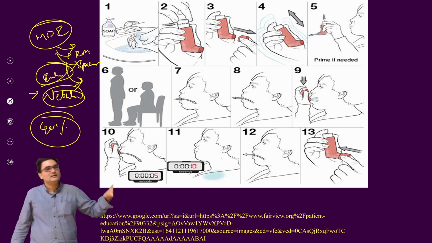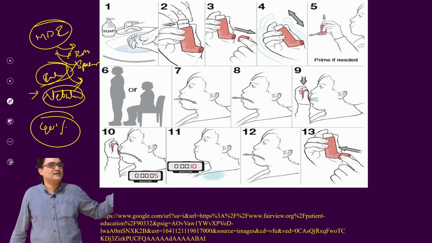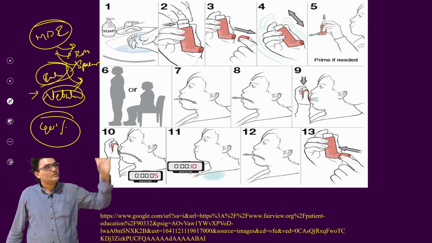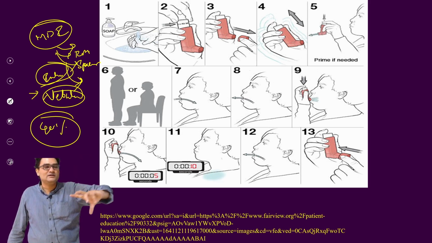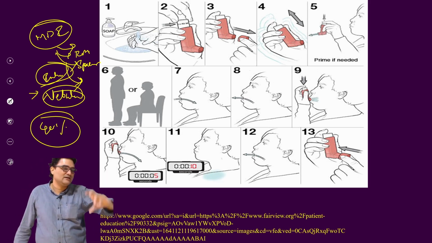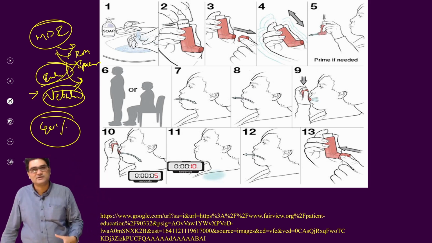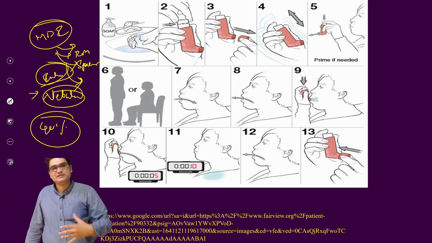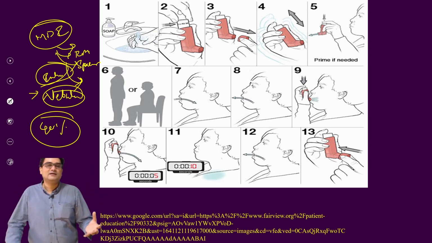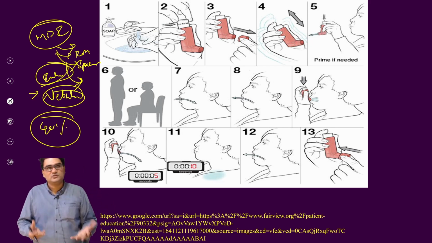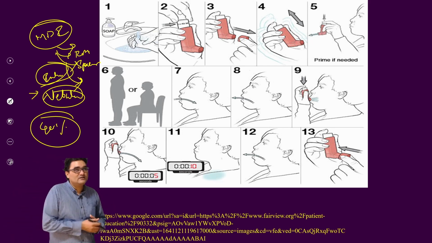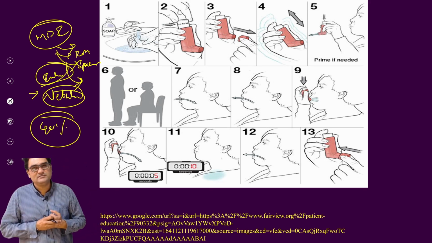Now, I told you a very important statistic, which says nearly half of the patients use them wrong. When an inhaler is given to a patient, if they are not using it properly, the drug will stay in the mouth instead of the respiratory system. It causes adverse effects in the mouth, it is not reaching the lungs, and the condition starts worsening. That's why it is very important for you to educate the patient on how to use these metered dose inhalers.